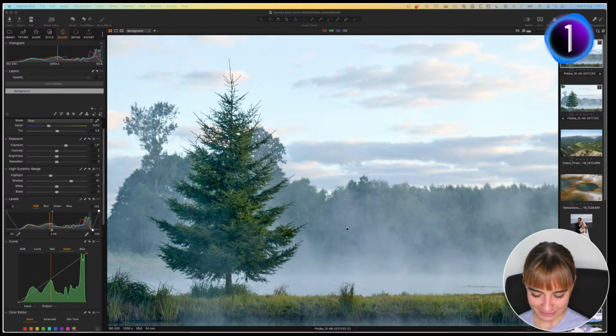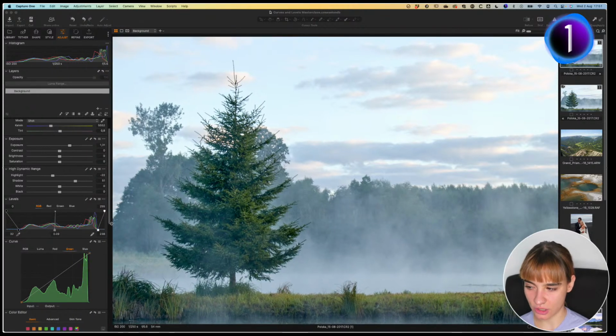So before we do that, this is a basic way to adjust the contrast with the levels, but there's so much more to it rather than just adjusting the contrast. And something that I wanted to show you is how levels can be incredibly useful to get rid of color casts. So also, a little tip I wanted to give you is, for me, it was very important in my